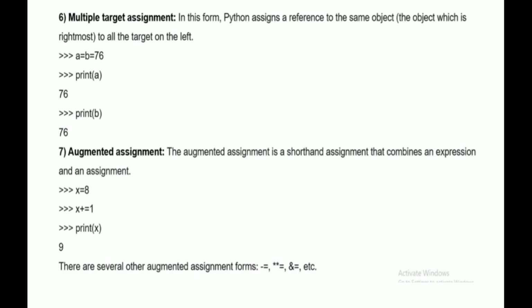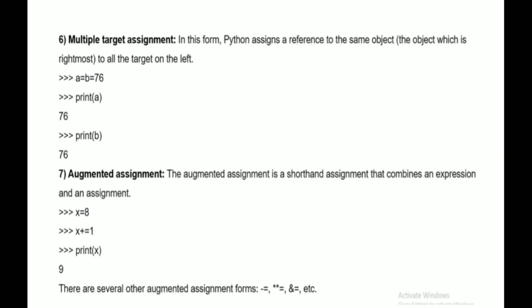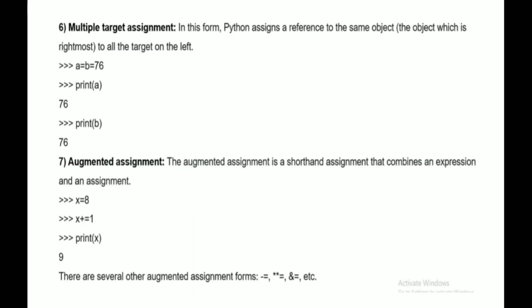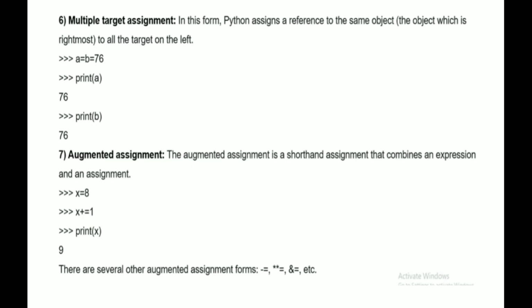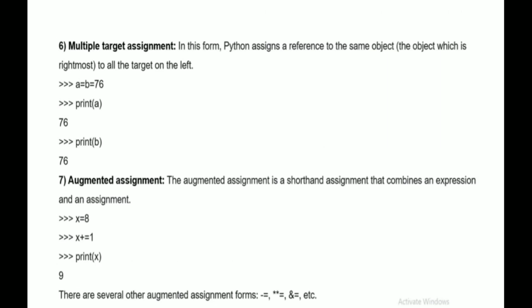Next is augmented assignment. Augmented assignment is the incrementation part. The variable x has been assigned, that is x equal to 8. Next is x plus equal to 1. This will be converted to x equal to x plus 1. Then we perform the operation: x equals the previous value 8 plus 1, which is 9. It will be changed. If you execute x plus equal to 1, the value changes to 9. Next, if we perform print of x, it will display the value 9.